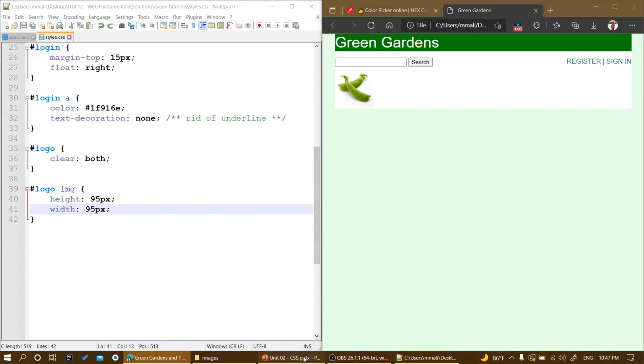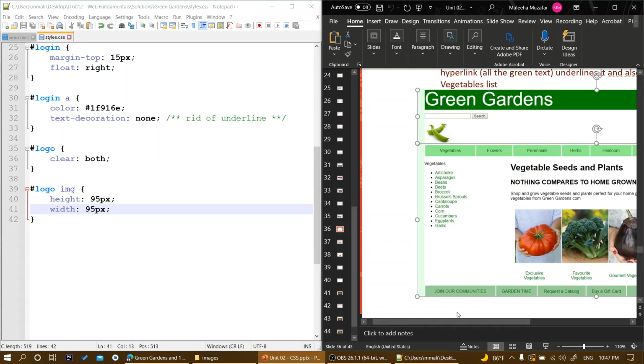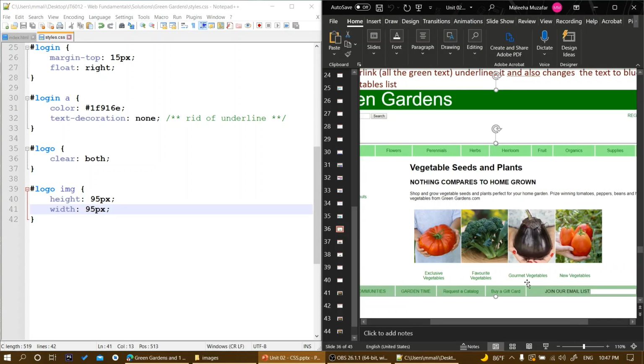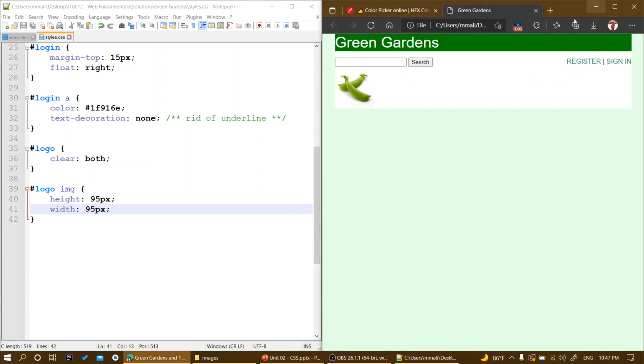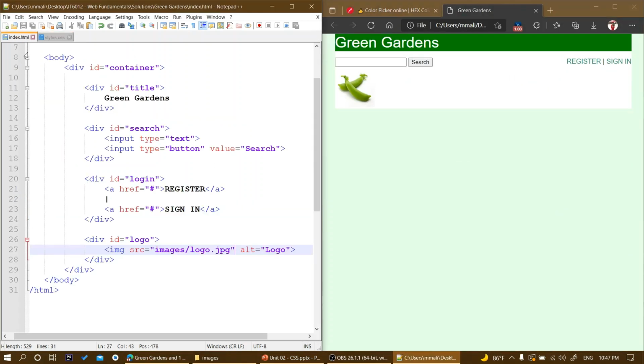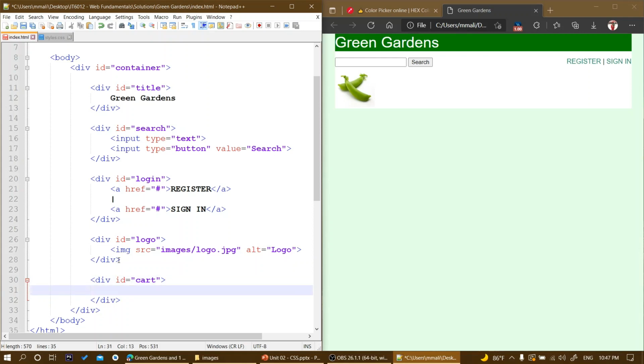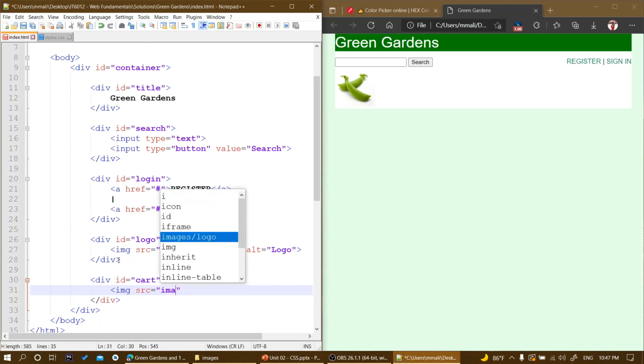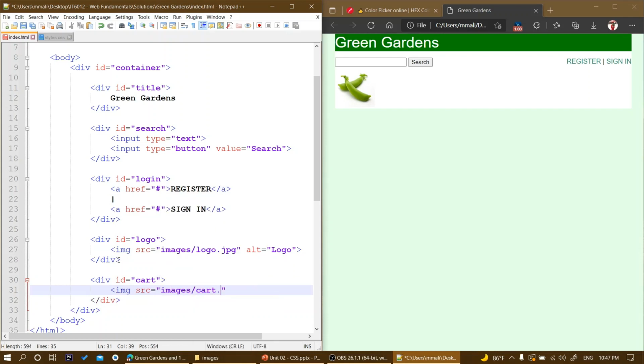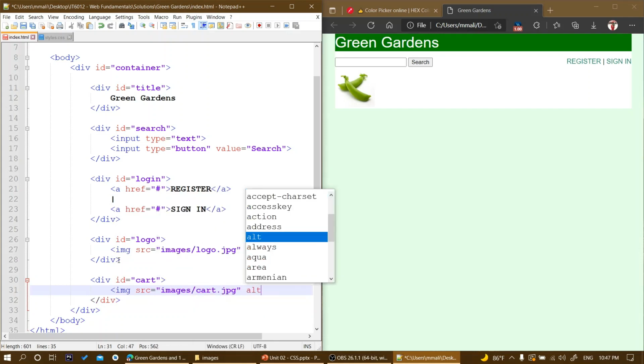Okay, and let's notice if it's similar. It is similar. And then the same we'll do for the cart. So again, we'll go back, create a division for the cart, ID cart, and then image, source images cart.jpg. Alternate would be